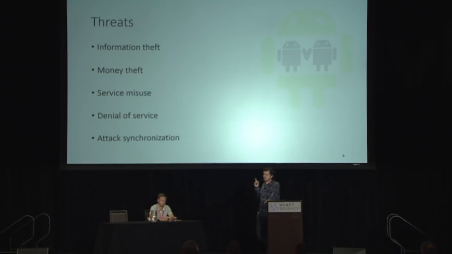First one, the one that I showed, information theft. Very simple. One app steals information, sends it to the other application, and the other application sends it outside. But then we can have colluding app sets that could try to steal money from the user, maybe by stealing his or her credentials, or also by making phone calls or sending SMS messages.